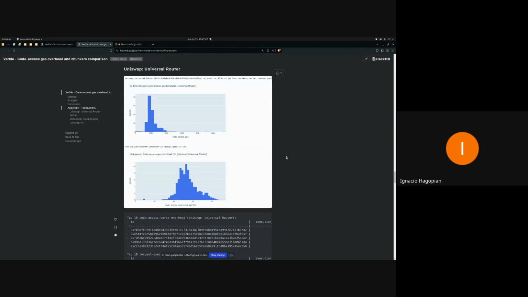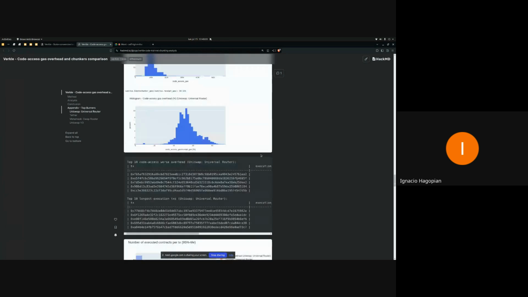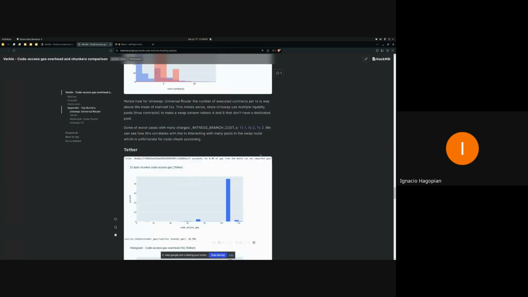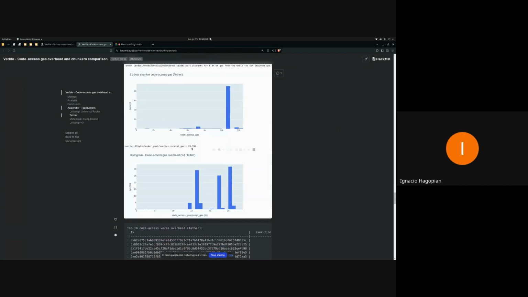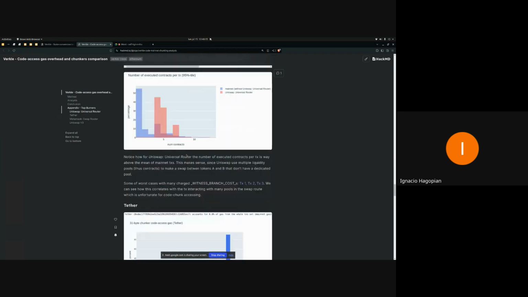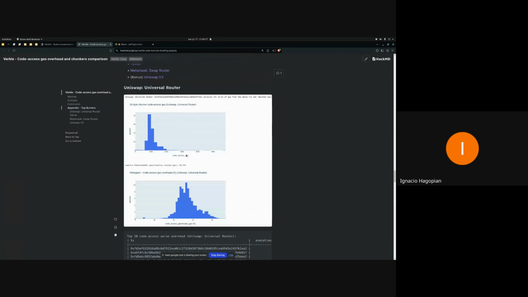So in the case of Uniswap, we see that the cold access overhead is greater than the average, around 54%. And we also see, like, Fe Federer, which is below average, around 21%. Remember that the average was around 30. And after some digging of, okay, so why might Uniswap be higher than the average?